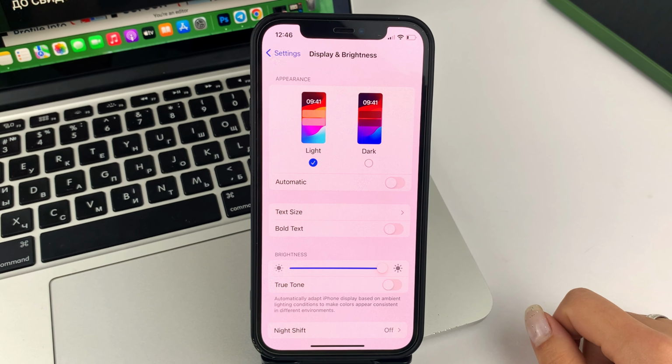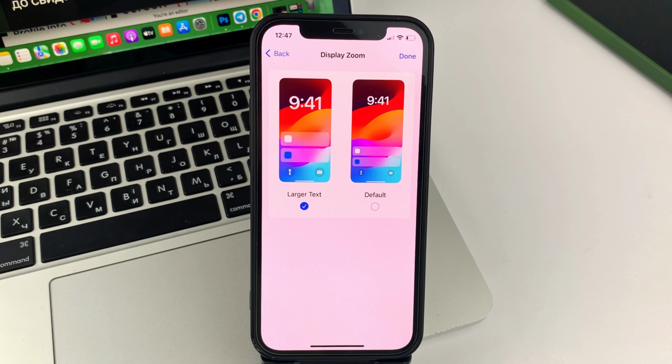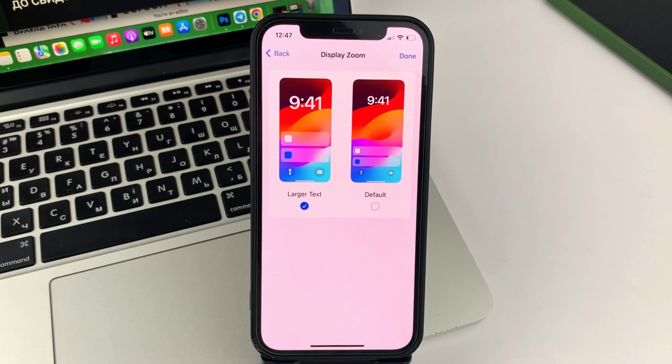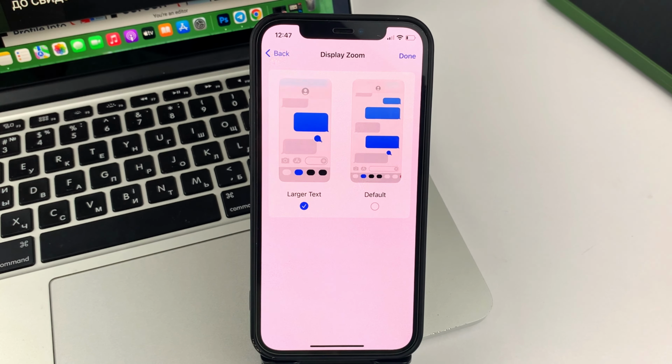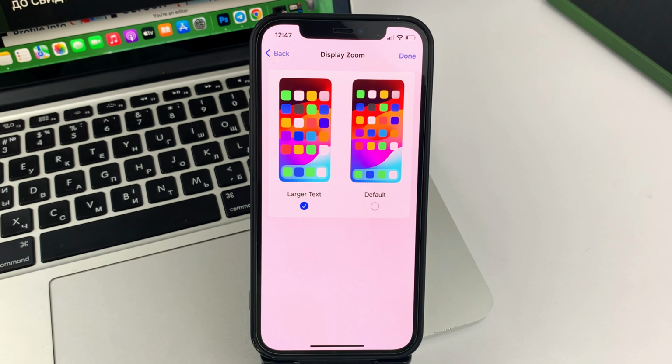This will not only enlarge the application icons on your iPhone, but also enlarge all widgets. The size of messages will be bigger, and in general, everything you will see on the screen of your iPhone will be a little bit bigger. After that, friends, in order to complete the change, you will need to click Ready on the top right. After that, your phone will reboot for literally 10 to 15 seconds.